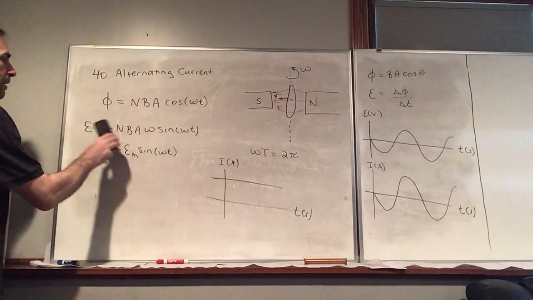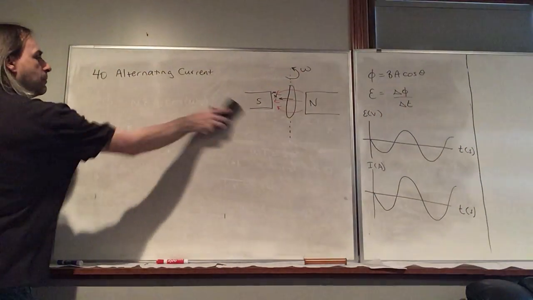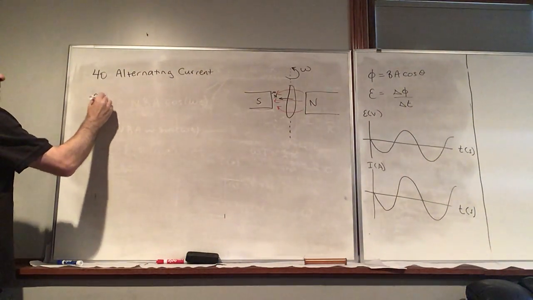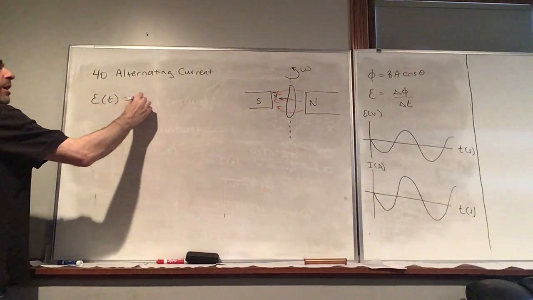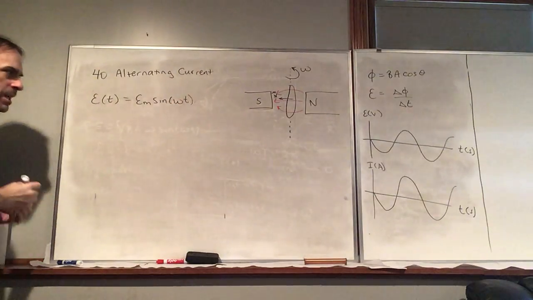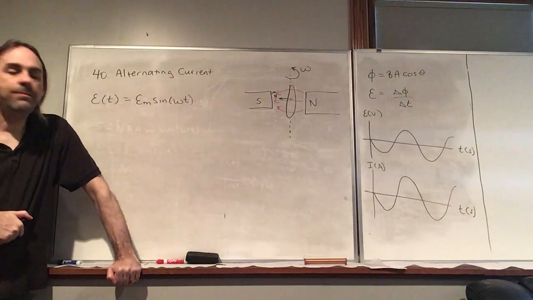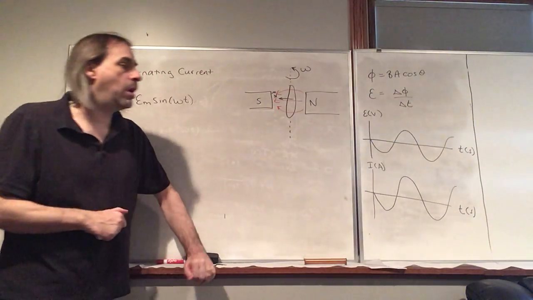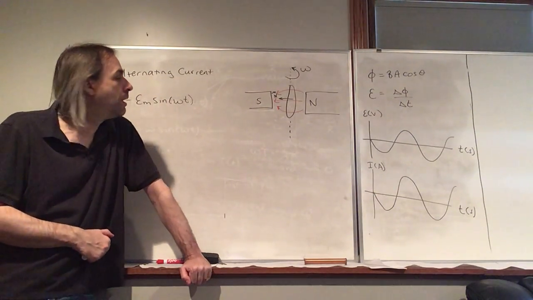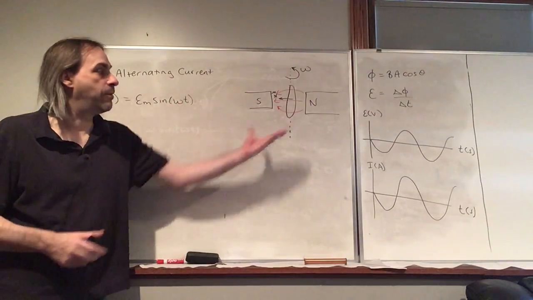So I'm going to erase this. I erased it, but the EMF, we can get rid of that minus sign. In general, the EMF is given by some maximum value times sine omega t. We have standards in the production and transport of electrical energy. And so, like in America, this omega is fixed. Like the rate that we rotate this coil,